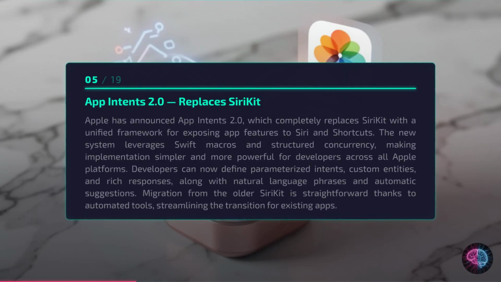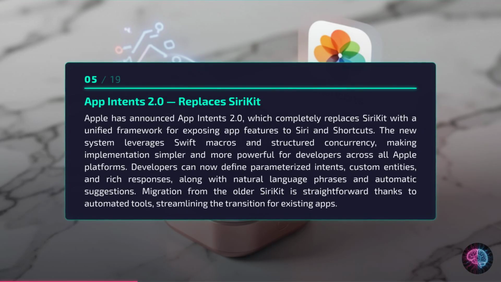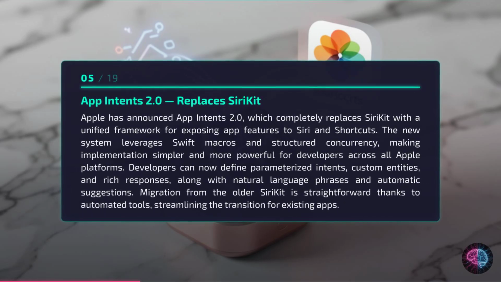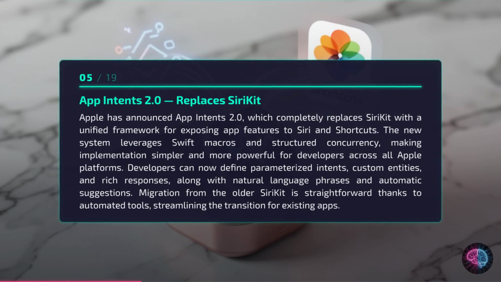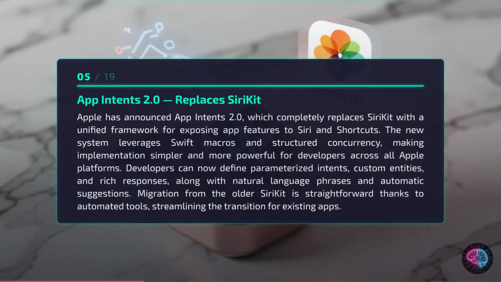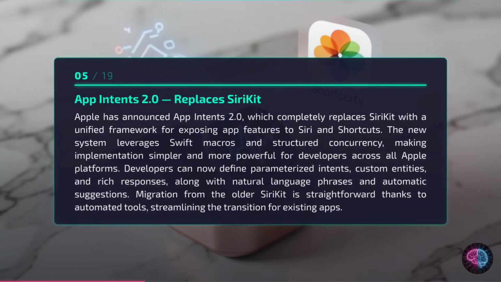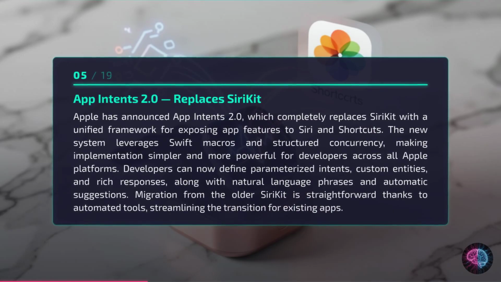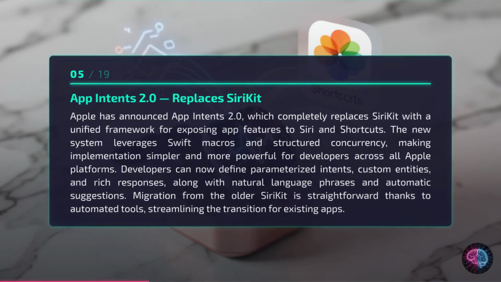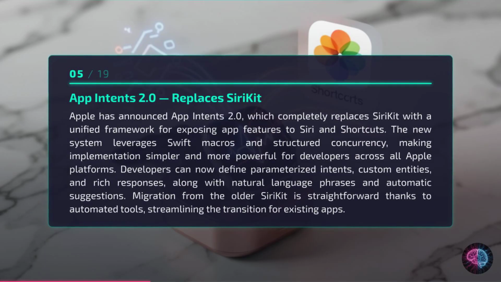Apple has announced App Intents 2.0, which completely replaces SiriKit with a unified framework for exposing app features to Siri and shortcuts. The new system leverages Swift macros and structured concurrency, making implementation simpler and more powerful for developers across all Apple platforms. Developers can now define parameterized intents, custom entities, and rich responses, along with natural language phrases and